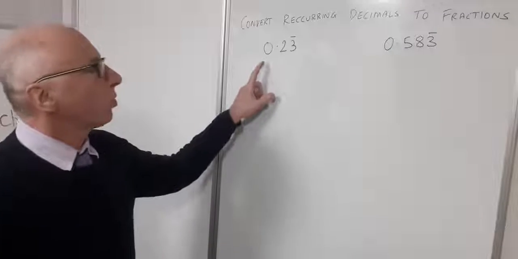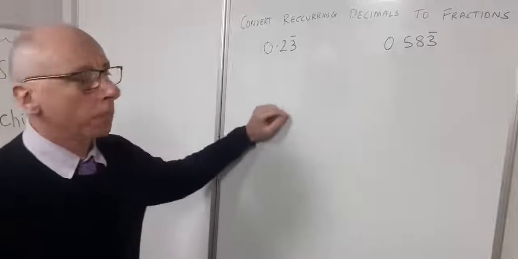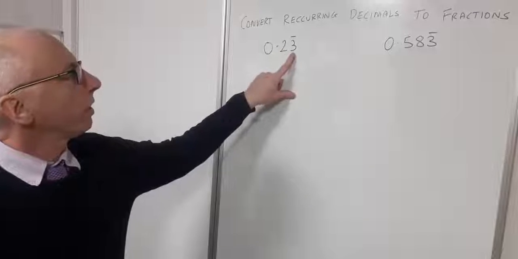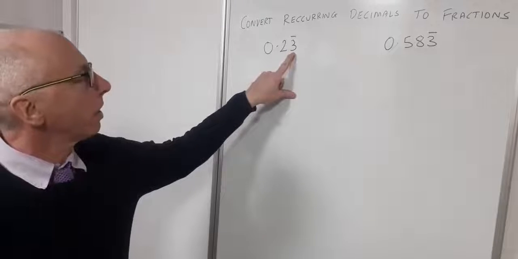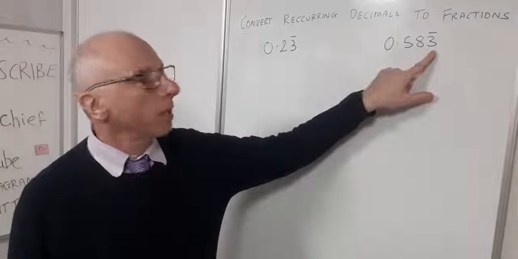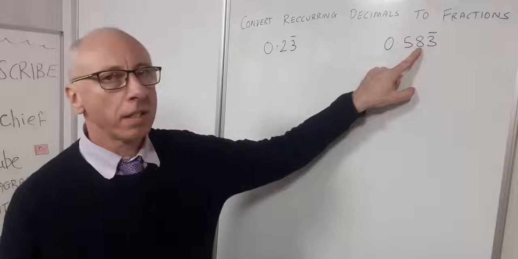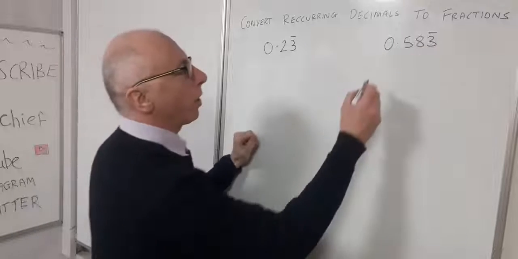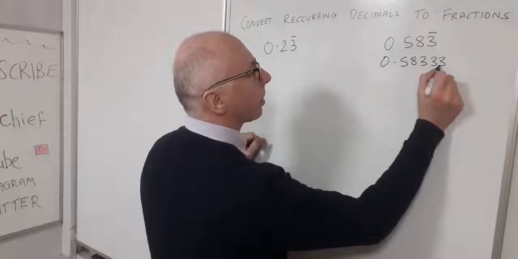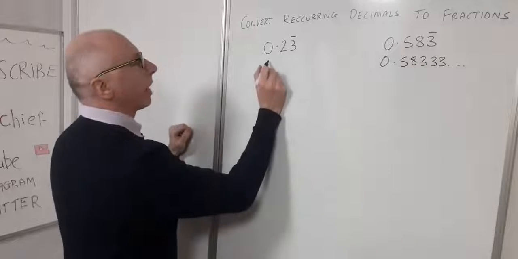So in this question, we're going to try and convert these two recurring decimals into fractions. Now here you'll see the recurring decimal is the second digit in this one, so this 2 doesn't recur. And here the third digit is the recurring decimal. This 58 is not recurring. So this one here will be equivalent to 0.58333, and so on. And this one